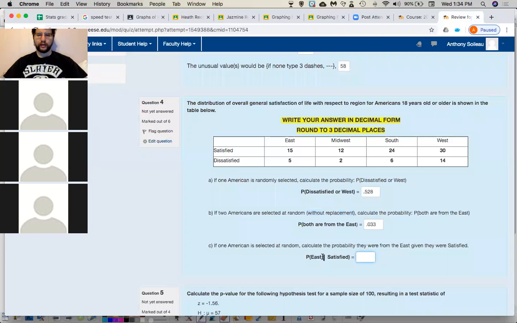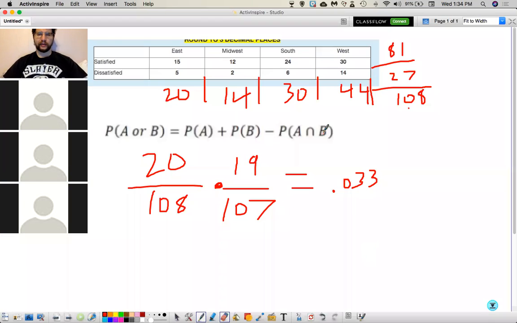All right, next says probability of east. And remember, this bar is read as given that they're satisfied. So we're not looking at everybody. We're not looking at the 108 people. We're looking at the satisfied people. We're looking here